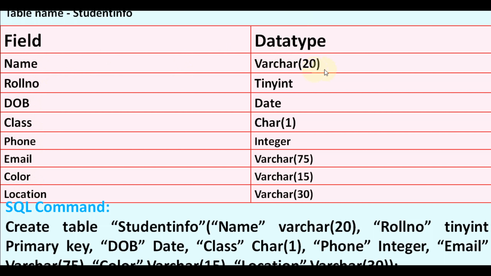So in this way, in the first column we have the columns that we want in our table, and in the next column we have the data type of each, and in the case of a few columns we have the length with the data type also. For example, in the case of the name field we have data type varchar and length 20. In the case of the class column also we have data type char and length 1. So this is the detail we need to create the table by using the create command.